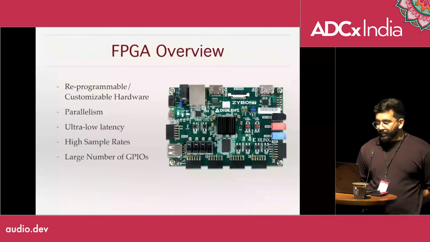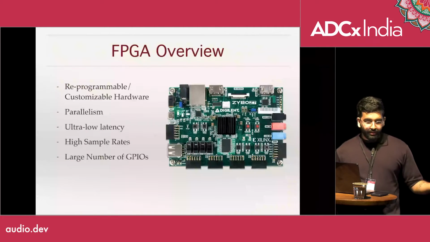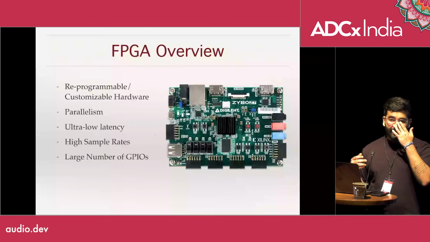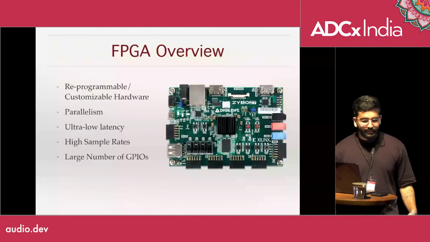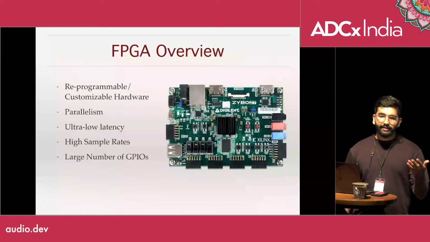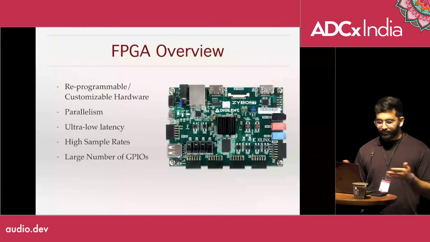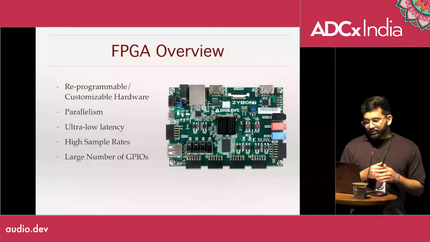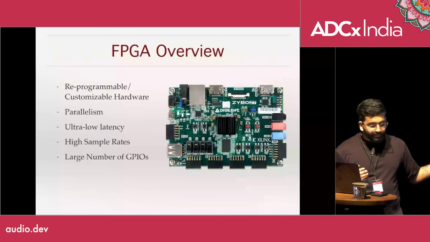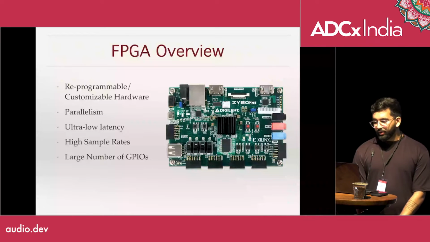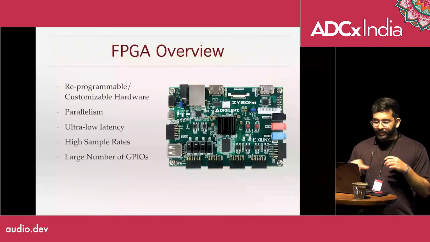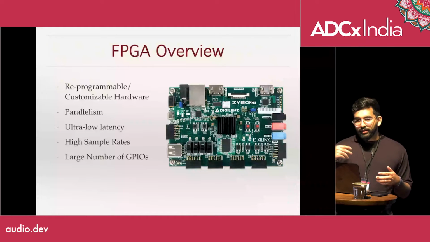So I'm quickly going to talk about the hardware that I'm using for my examples. There are two very prominent manufacturers of FPGAs. One is AMD Xilinx, and the other is Intel Altera. I have worked on the Xilinx side of things, so I use this board, which you can see on the screen. It's the Digilent Zybo Z720 FPGA board. It's a complete board with the FPGA in the middle, which is the Zynq 7000.